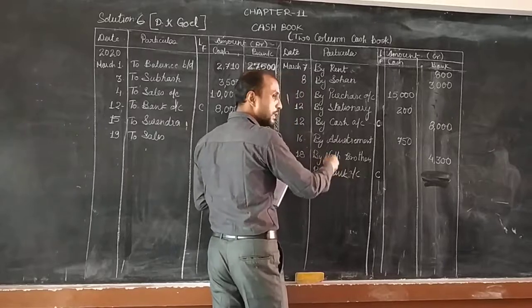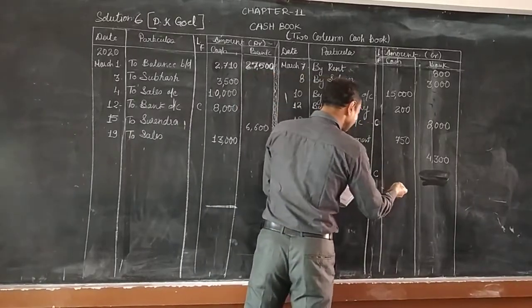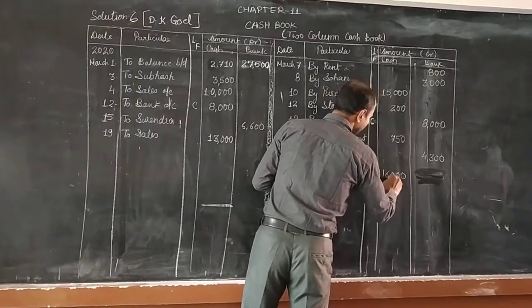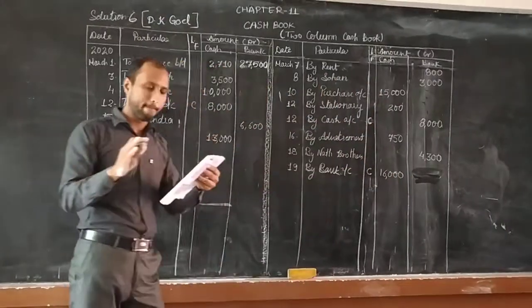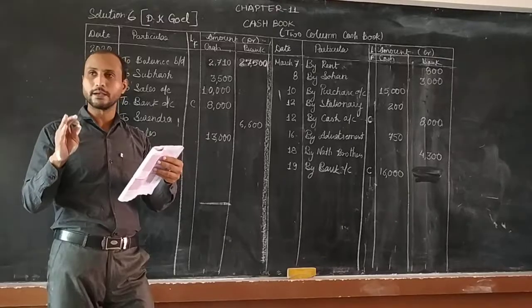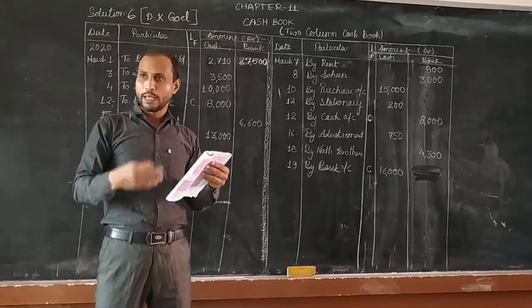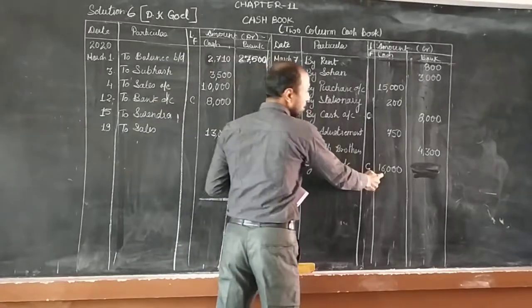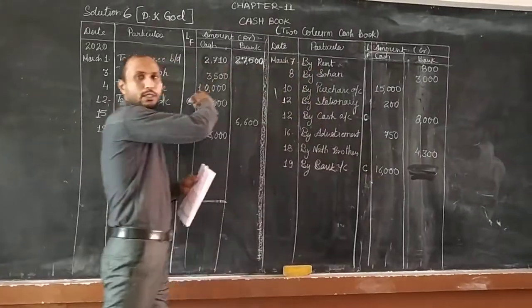पैसा बैंक में जाने के लिए निकाला गया, and that amount is of your how much? 16,000. देखो 16,000 हमारे कैश निकाल दिया, because it is written paid into bank. बैंक में जमा किया, तो कैश हमारे पास था वो कम कर दिया. तो जब कैश कम कर दिया तो here cash is going to be less, and that amount comes into your bank.